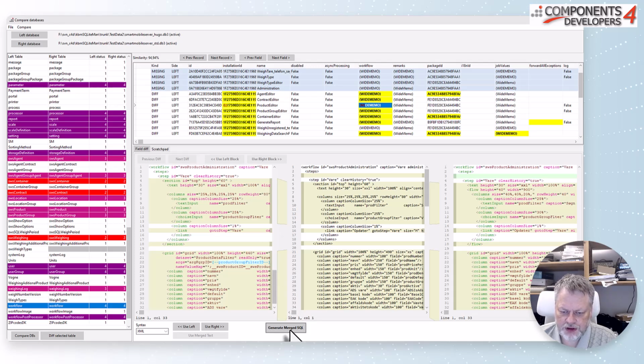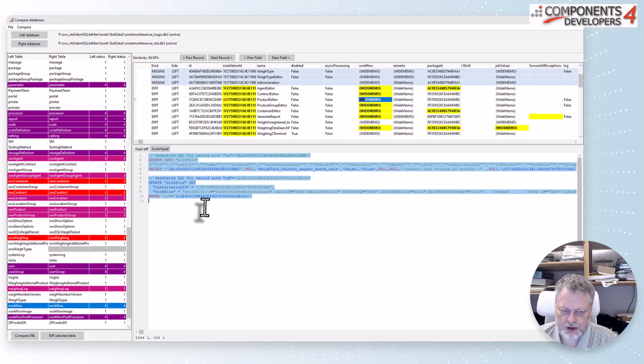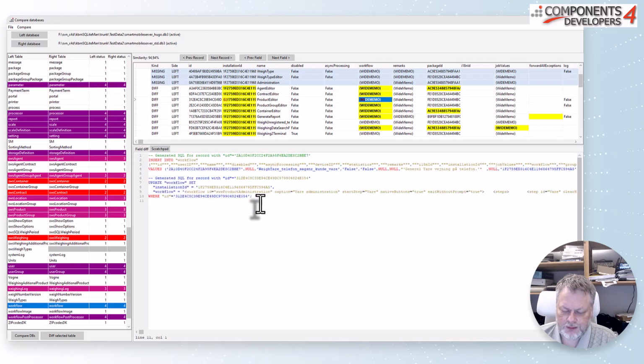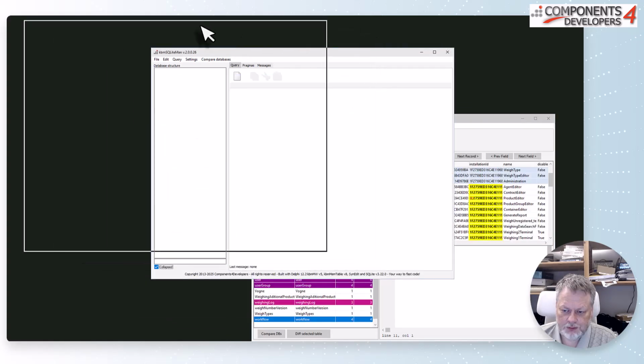So we generate the merged SQL, and then we'll have a scratch patch over here where we have an update statement that will update the right database accordingly. It's up to you which database of course you want to run the script on, and you have to choose a strategy if it's the left one or the right one you want to update for, but you will make the selections accordingly, and then it will generate the SQL that you can use for running inside any SQLite framework. It could be this one over here, for example. You can simply copy it and paste it over.